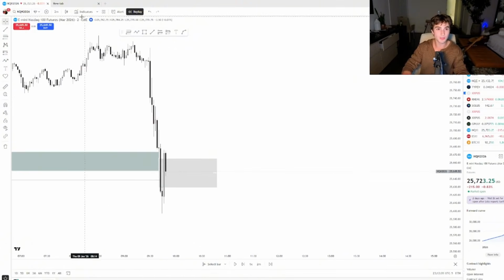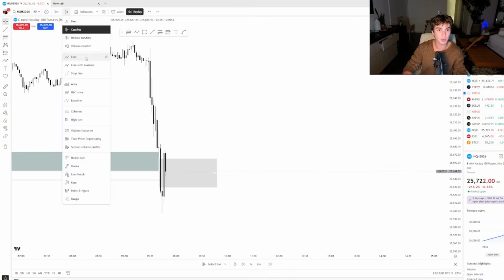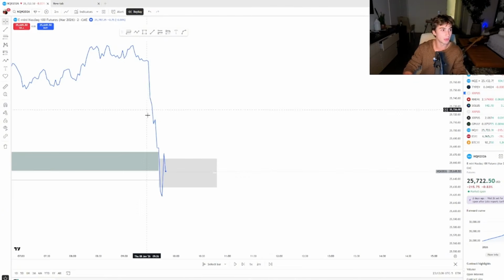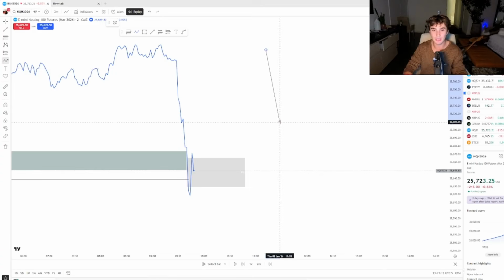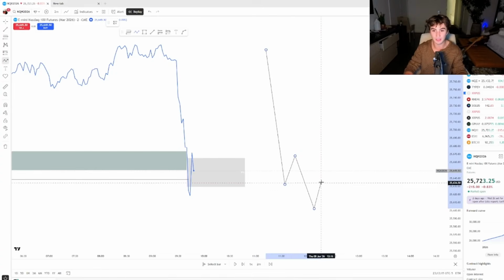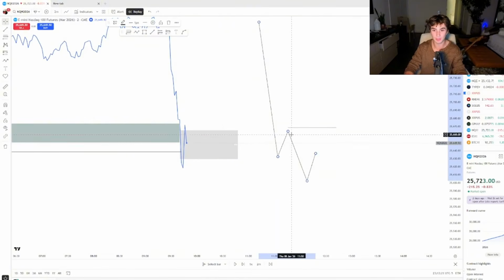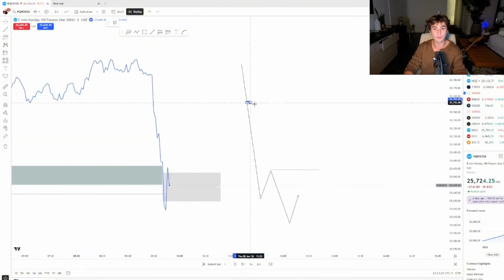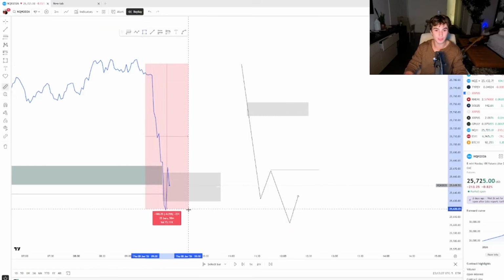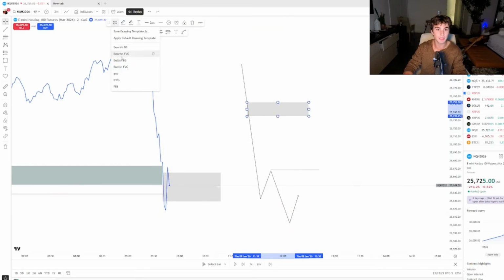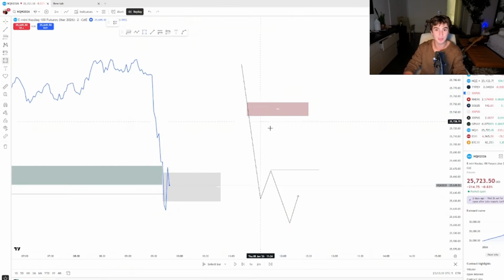So in this case, what does this look like if I turn this into a line chart? Probably like straight garbage. If we're going to take any sort of inverse, we're going to want to see at least a clean leg form, something like that. Because then we have this clean high, we have our clear manipulation leg, and then we can use those fair value gaps that we leave behind because this is such a powerful leg. We're most likely leaving behind 5-minute gaps, 15-minute gaps, 50-minute fair value gaps.